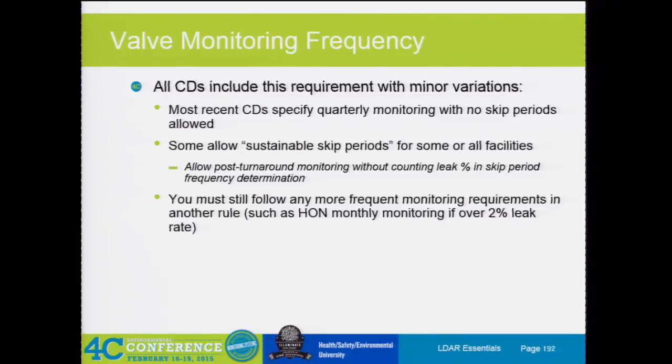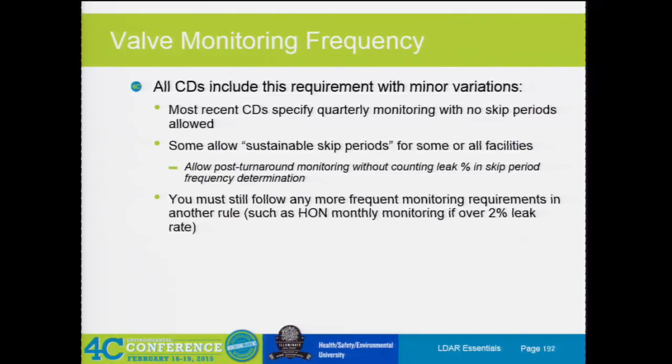All valves include this requirement with some minor variations. So valve monitoring: most CDs specify quarterly monitoring with no skip periods. Some allow sustainable skip periods for some or all facilities. Allow post-turnaround monitoring without counting leak percent and skip period monitoring determination. Doesn't that sound beautiful? That's just a lot of words that came out right there. So with this, there's only one group that I know of, and that's Chevron in Richmond, California, that actually does